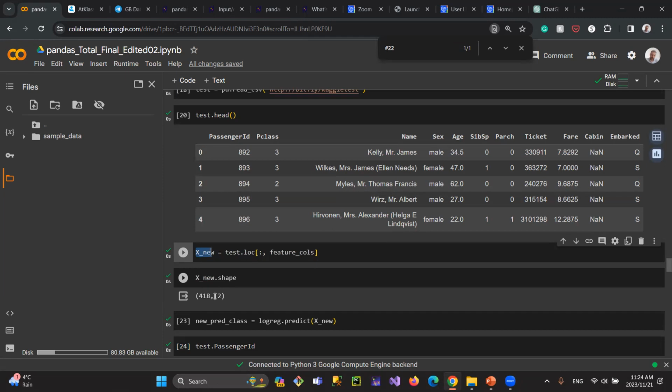418. No, we didn't filter something. The first thing that we downloaded was train, Kaggle train. This is Kaggle test. It's totally different data set, which contains 400 some rows. The other one had 800 some rows. So it's something like 1/3 of the data is for testing,